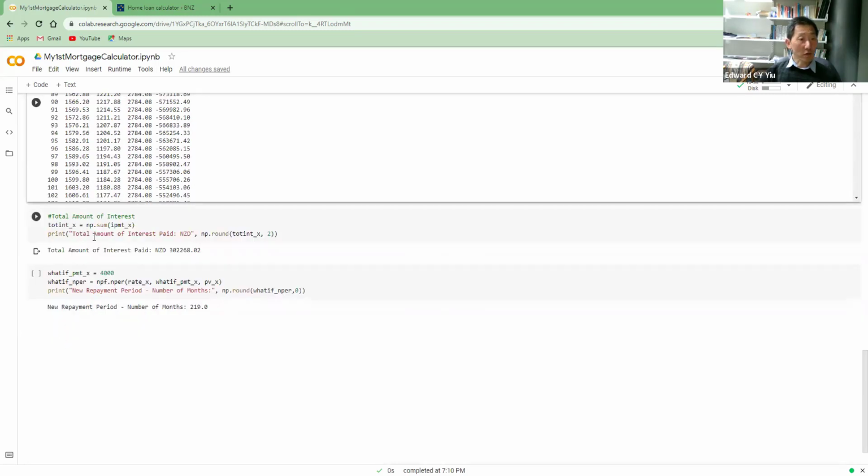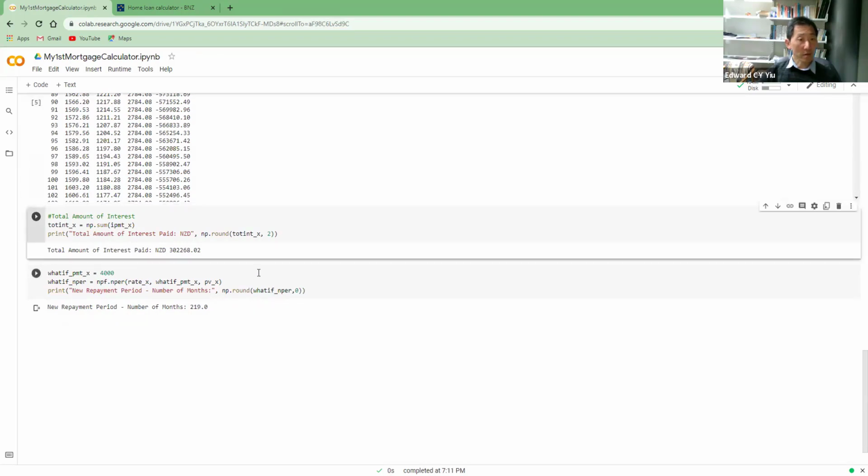Then, of course, we can also calculate the sum of interest, just like the commercial mortgage calculators have provided. It shows that the total amount of interest paid will be about 302,268, which is exactly the same as the commercial mortgage calculators. We can also build what I call a what-if